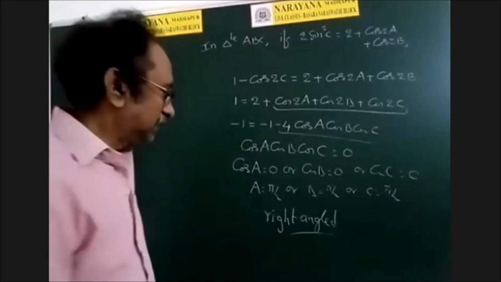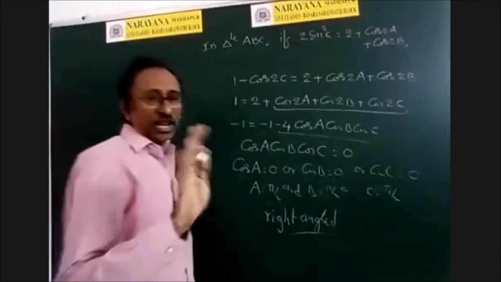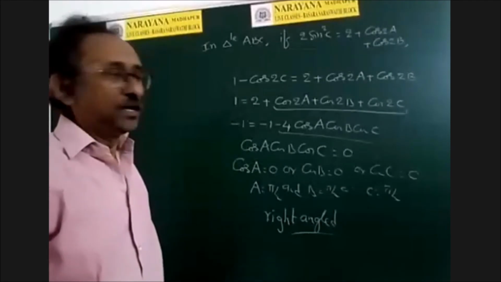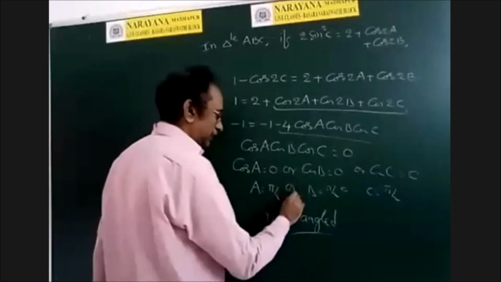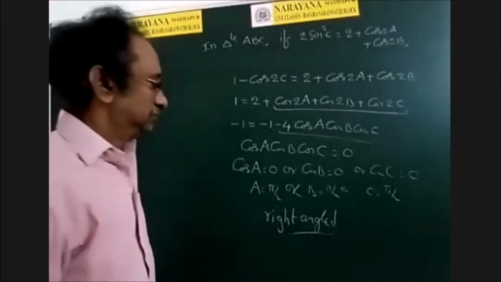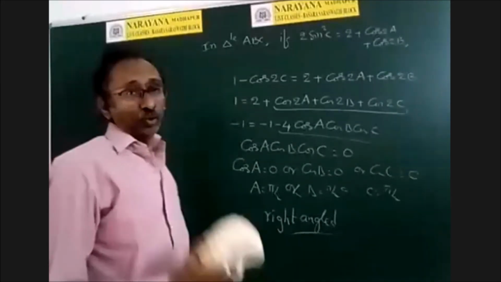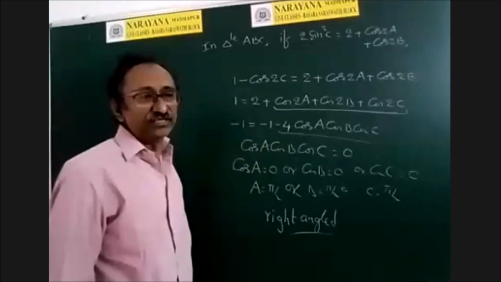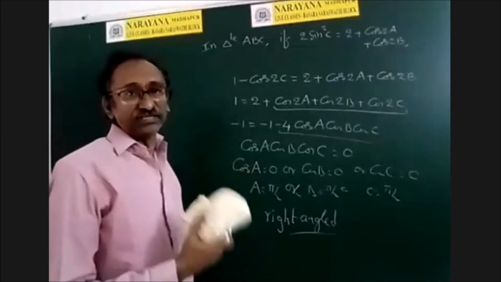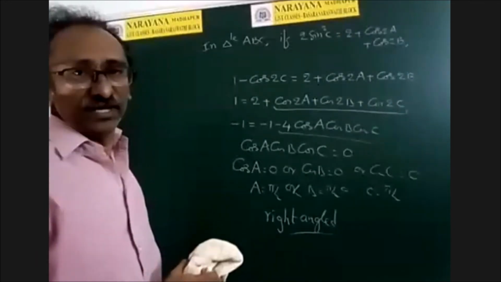So it is not the case that all angles are 90 degrees, because the angles must sum to 180 in a right angle triangle. So by this we conclude that exactly one of them must be 90 degrees. But we cannot say which angle is 90 degrees. Whether A is 90 or B is 90 or C is 90, I don't know, the information is not sufficient to know which angle is 90 degrees. But one of the angles must be 90 degrees.